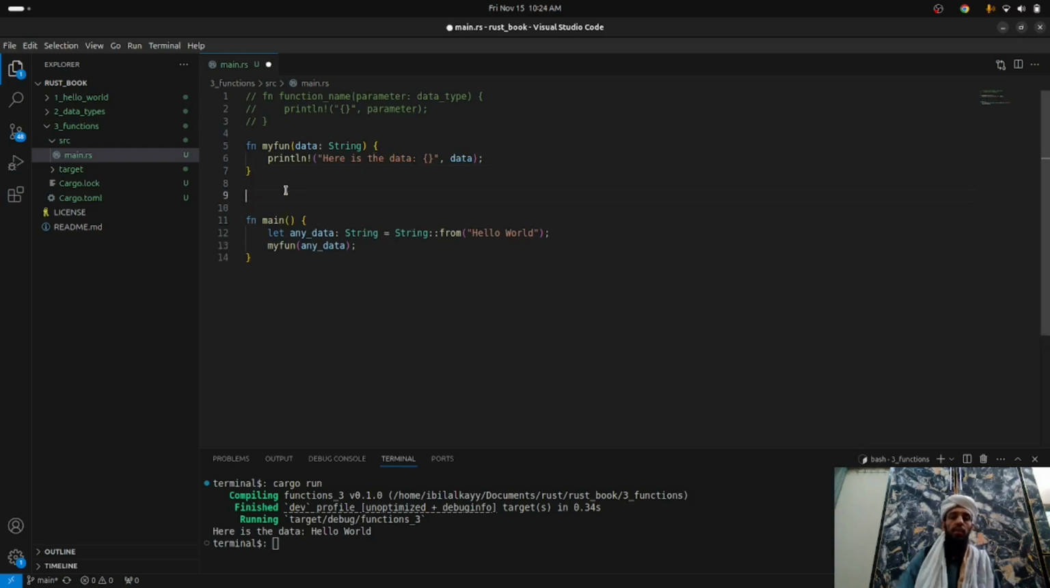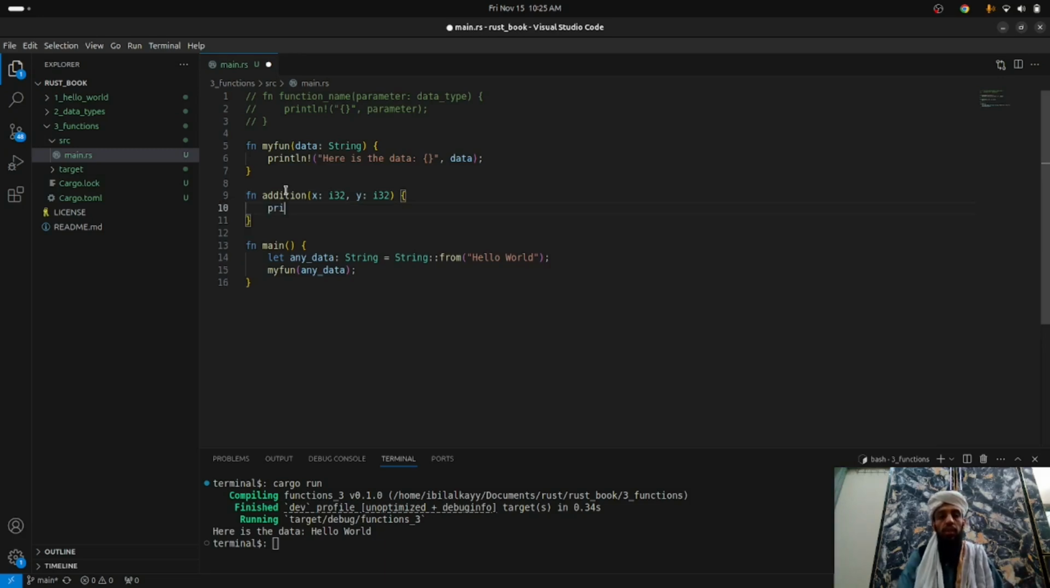Now the next thing is, let's say if I want to declare two parameters, how can I do this? I will write addition. This will take two parameters. The first one is x, and this will be I32 that can take positive or negative numbers. I have told you in my previous video, in the data type video, and the y is basically I32. So there are two parameters of data type integer or I32. Now let's write print line